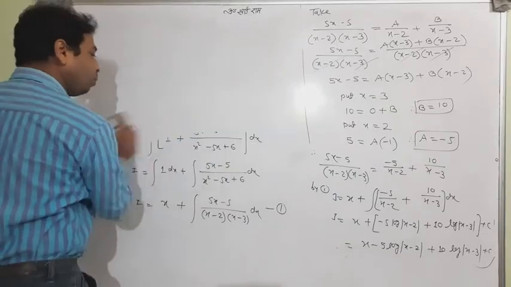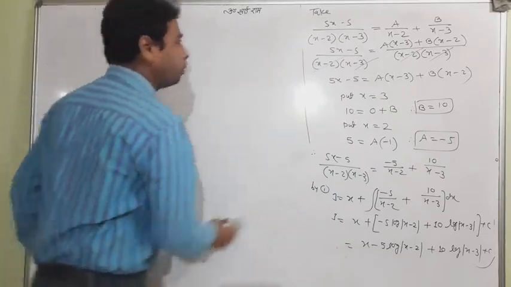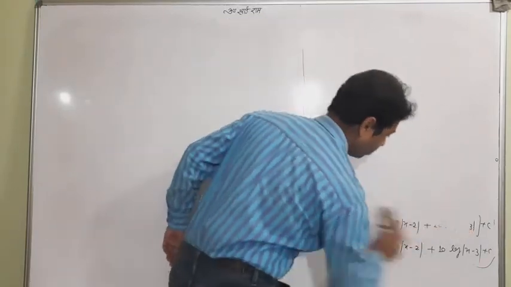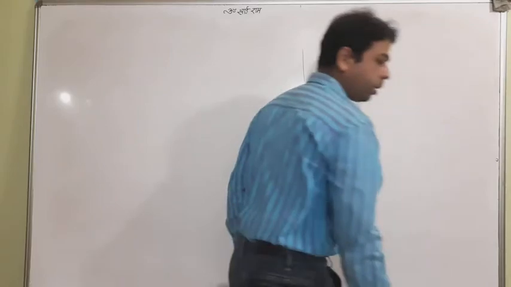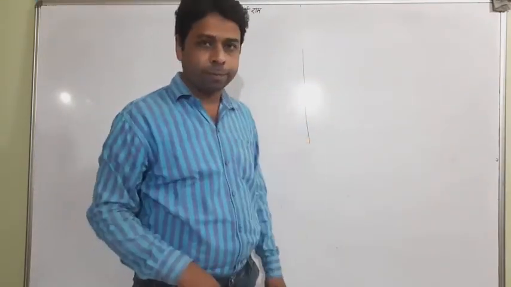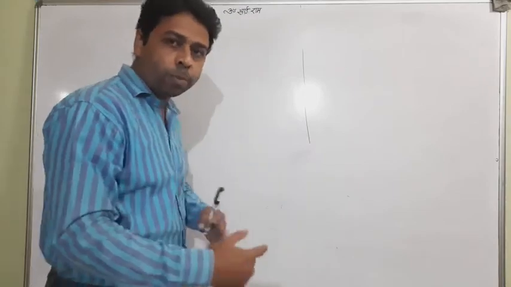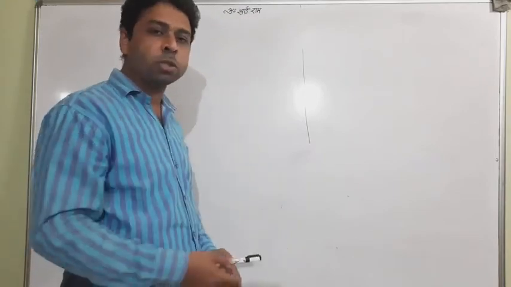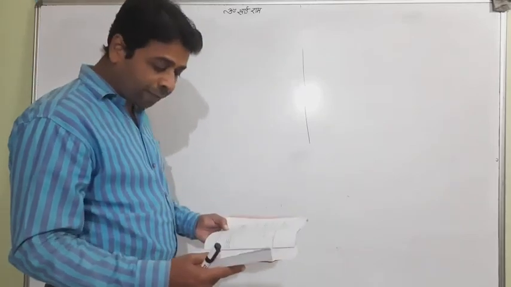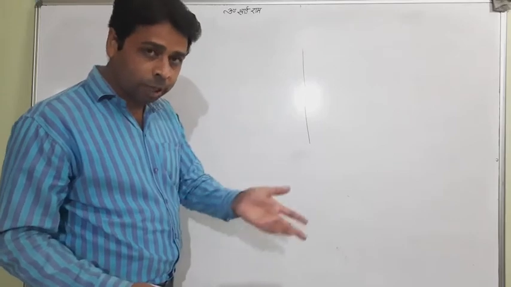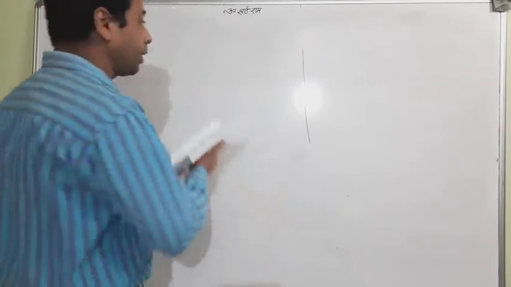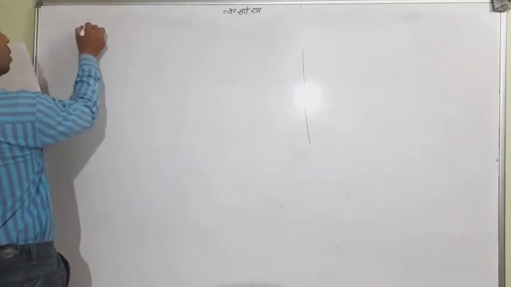So let me take some more questions. This is example number 12 I took. Let me tell you one thing: first of all we will do all the questions based on type 1, and we will drop some examples in between which depend on the other type. Example number 12 we have recently done. Example number 13 is based on some other type, so I will do it later. Example number 14 I want to tell now, because it is based on type 1.